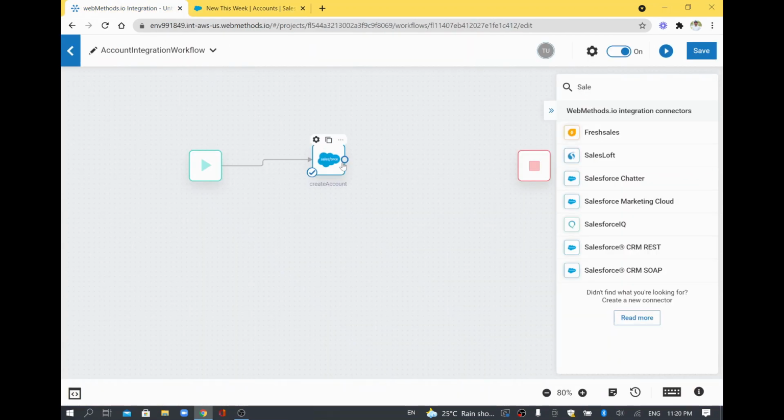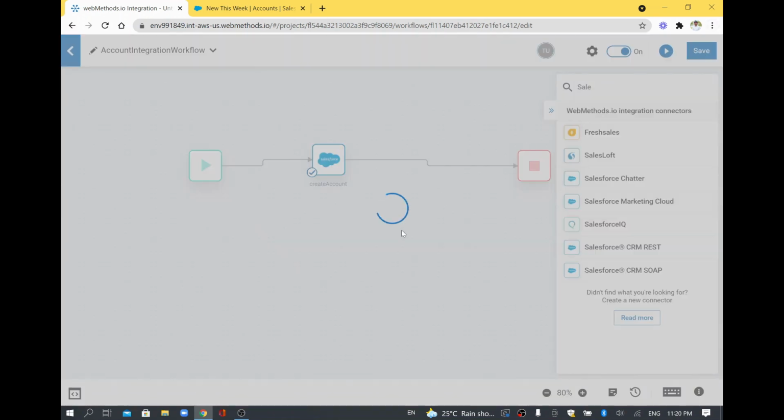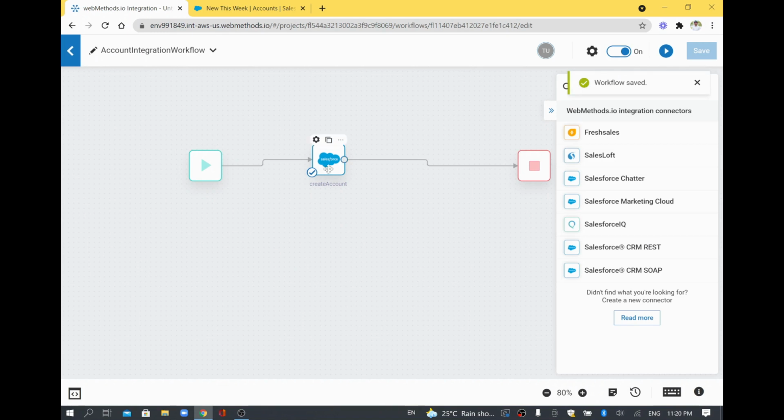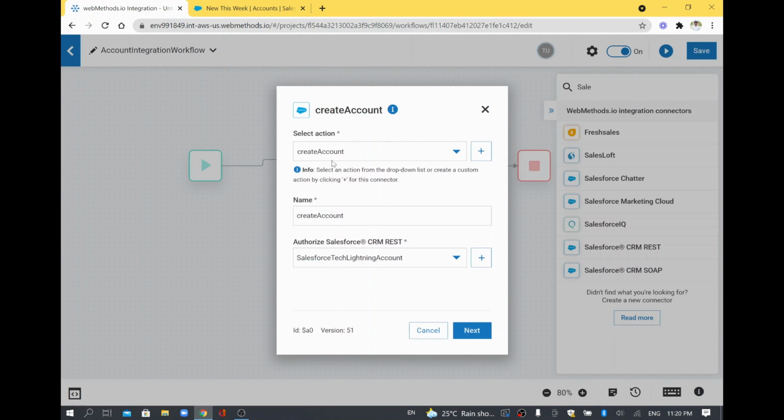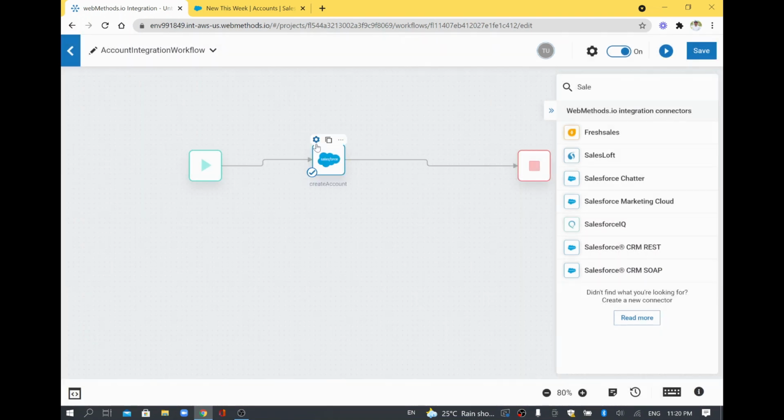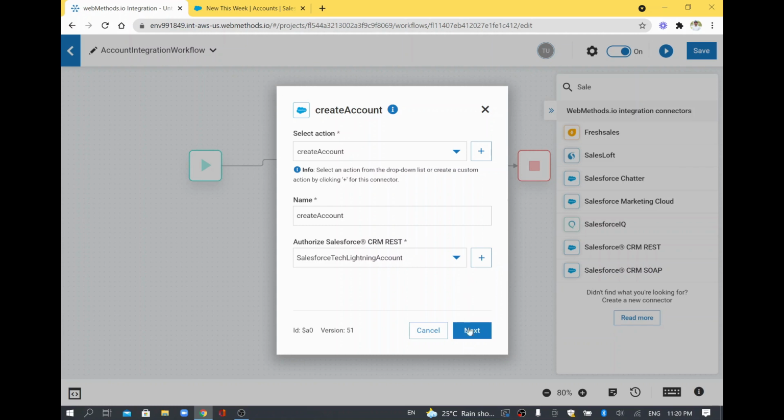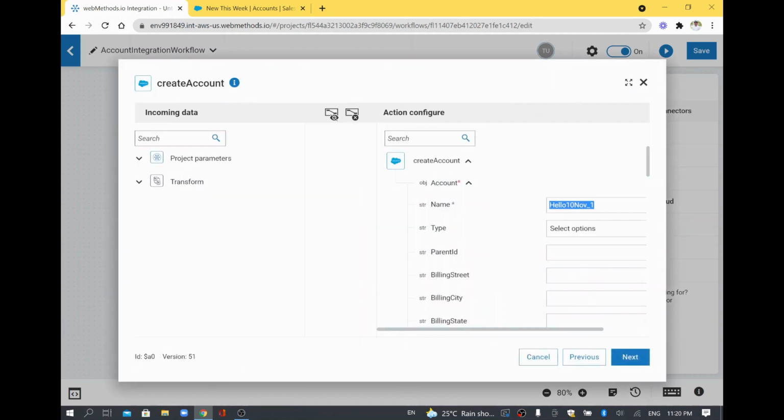If you want to run end to end, this should have a start step and also an end. I'll drag and drop it till the end, and I'll save this workflow. If I want to run it again, as I'm not taking any input from my previous step and I just hard coded it, I need to change this value. I'm not taking it from any table or receiving it from any upstream system. So for this example, I'll change it to hello 10th November, instead of _1, I'll change it to _2, and click next.